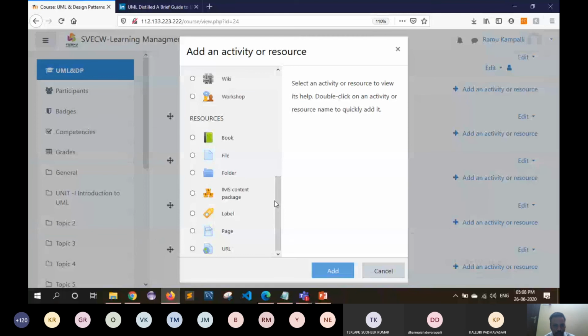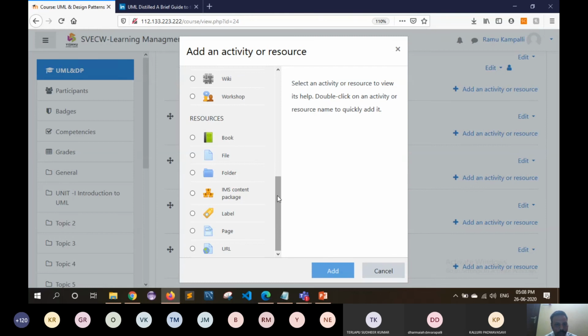As of now, Moodle provides only these kinds of resources that can be added to the topics as well as to the courses themselves: a book, file, folder, IMS content package, label, page, and URL. By using these options only, you can put any kind of resource.